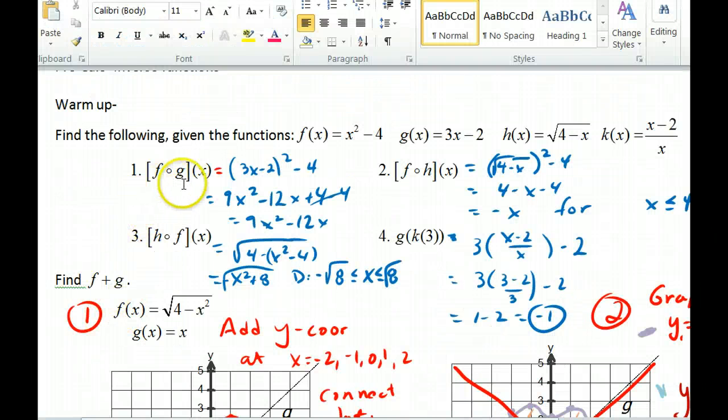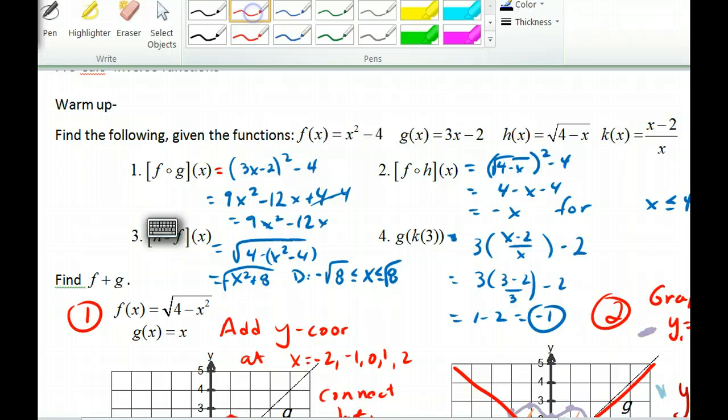Okay, so we have f of g of x. So we put the g function into the f function. And if you simplify, you should get this. Double check your errors. This one, we're going to put the h into the f function. And remember that when we do this,